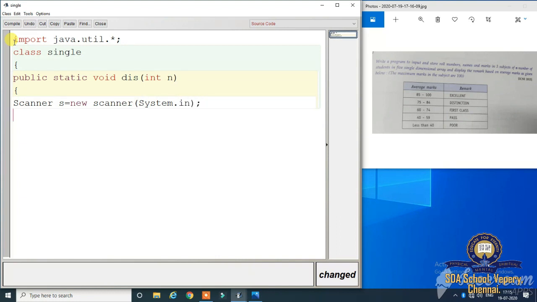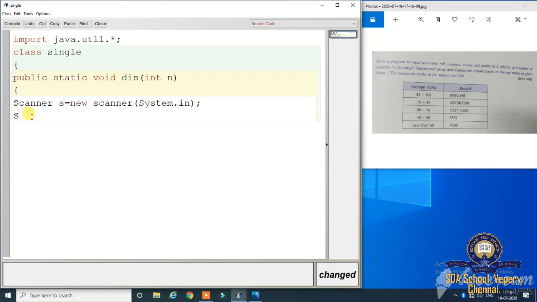And now I'm going to declare the array variables, because we need to store the roll numbers, names, and 3 subject marks. Then we have to get the total of the marks, and find out the average marks, then the evaluation of the marks. So I'm going to declare the variables.